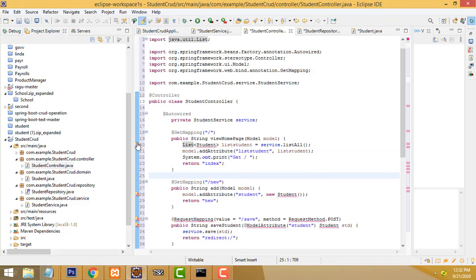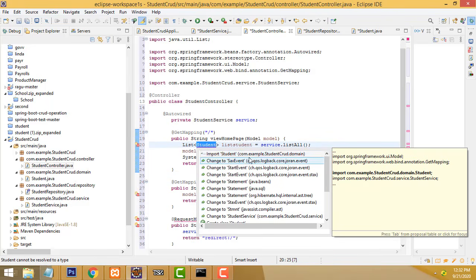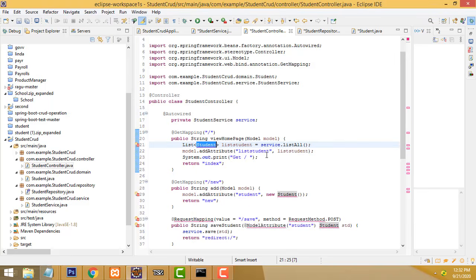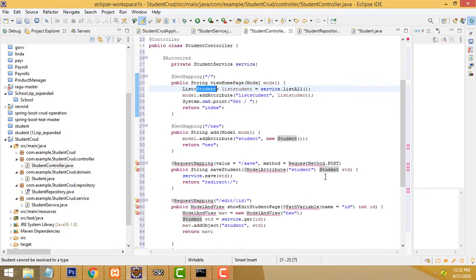The second one, student, is available in the package com.example.student.create.domain, inside the student domain. You have to add the domain here, the student class. All the properties are there, so you must select this package. You have to check that these packages are there or not. This is very simple. Here the errors go away.